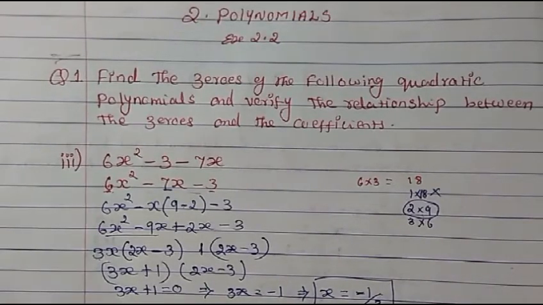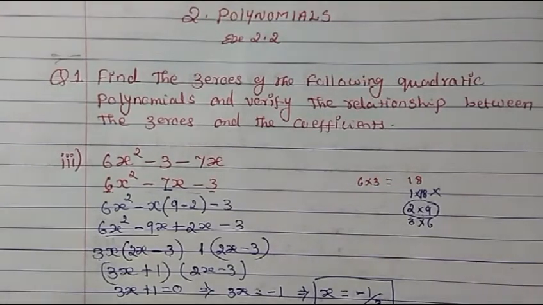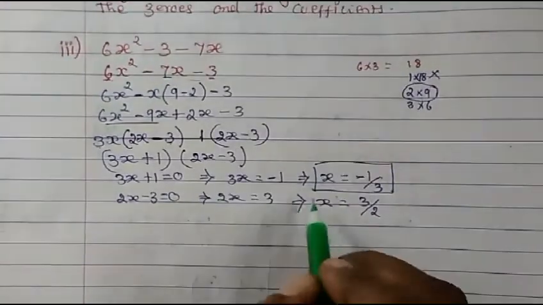Now next, 2x minus 3 equal to 0. So now 2x we keep as it is. Minus 3 will come here, it will become plus 3. Now x we keep as it is, 3 we keep as it is. So here in multiplication, when it comes here, it will become division.